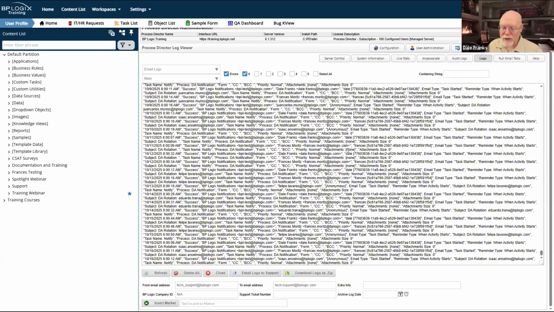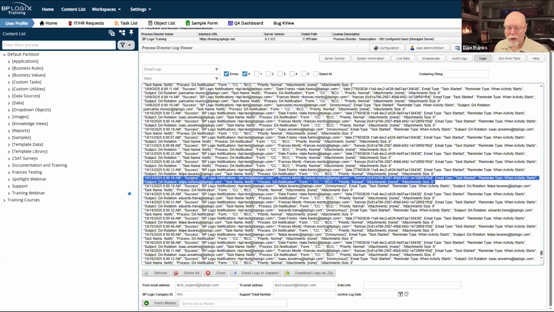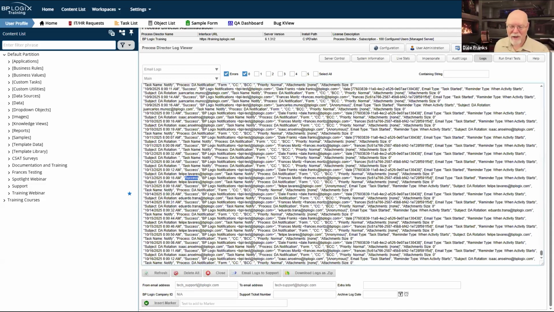So if you don't see the email here, that means it wasn't sent. If you get someone who says, I didn't get this email that I was supposed to get, well, let's look and see if it was sent. Was it sent? Does the email notification start off with the word success? If so, you know the email got sent out.